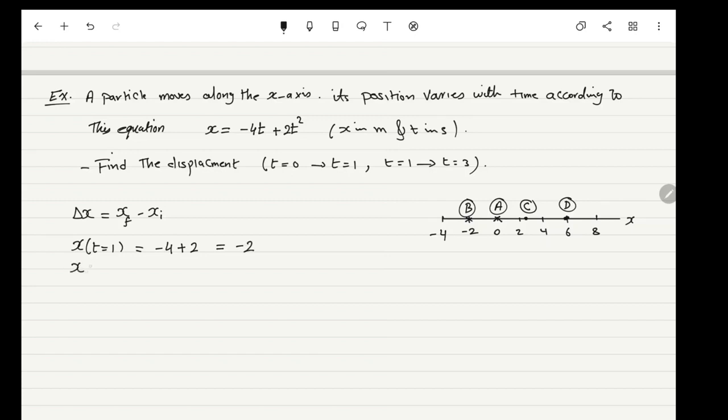Now x when t equals 0, you just substitute 0 back into this equation, it's equal to 0. So delta x, the displacement here, equals x final